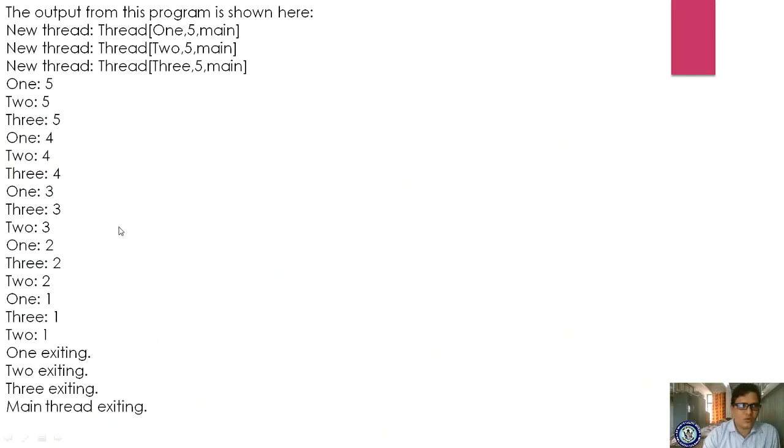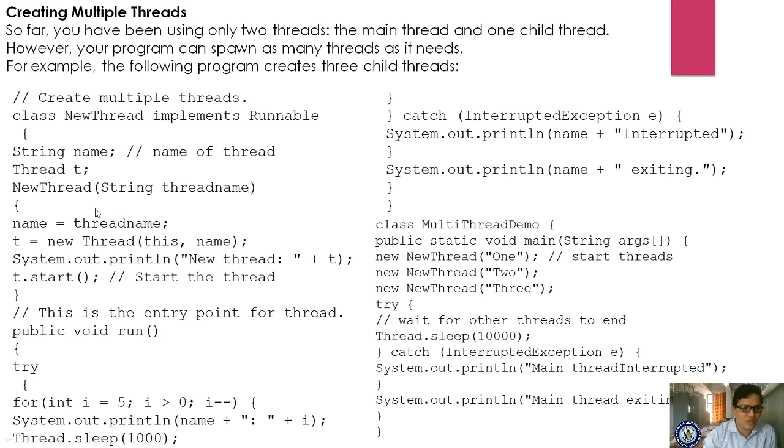Okay, so if you run this, you are creating thread 1, 5, main, thread 2, 5, main, thread 3, 5, main, and the first time 5 is printed, 2 is printed, 3 is printed. Why? Because it is waiting for 1 second, and in that 1 second the next thread starts. Okay, and whenever the second thread is waiting for the 1 second, thread 3 enters. Okay, thread 3 starts. Got it? Likewise this program will be evaluated.